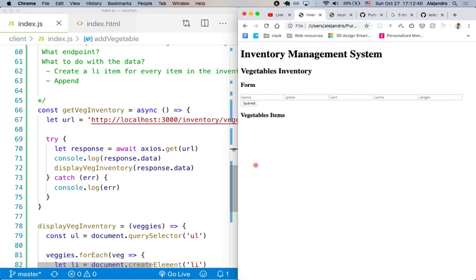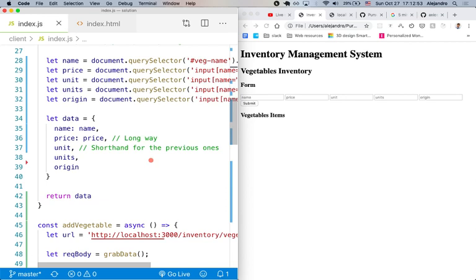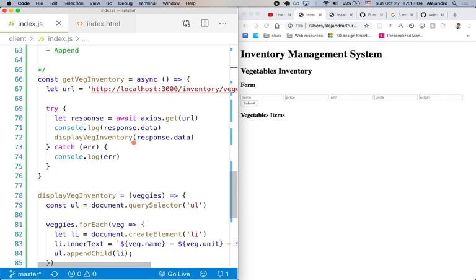But the refreshing should actually fetch whatever we had in the inventory. That's what we were expecting. What's another option? Instead of calling get veg inventory in the add item, just call display veg